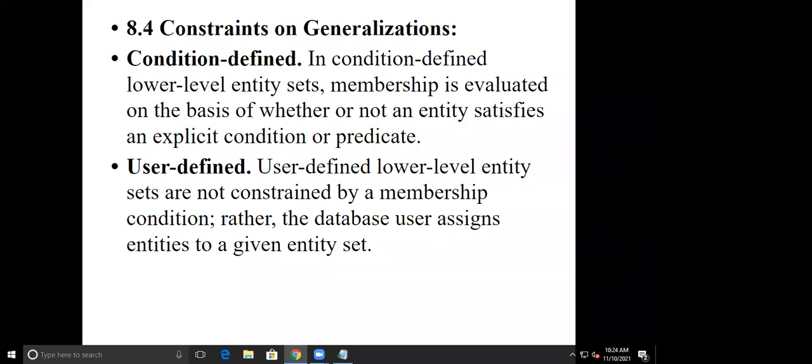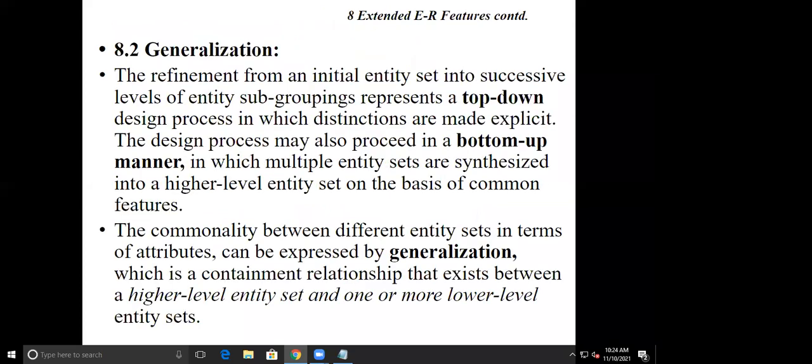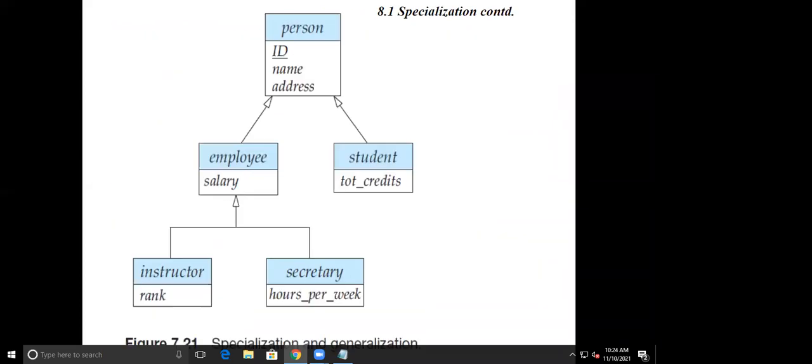Constraints on generalization. A condition defined, for example, is how to combine the lower level entities. That can be done by using some criteria, just like here: which employees to be categorized into instructor and which employees into secretary. We can pass that condition, or take that differentiation, in order to differentiate between employees.